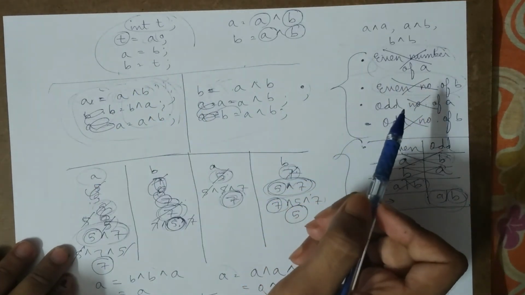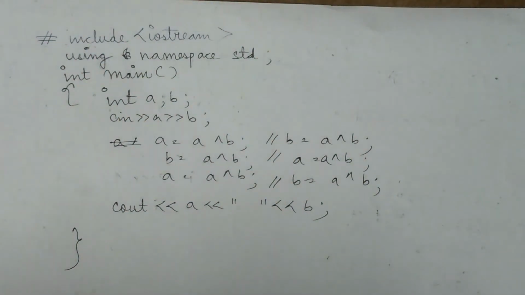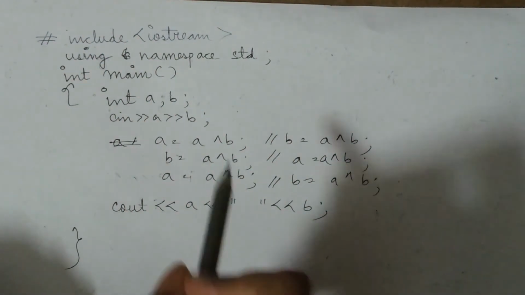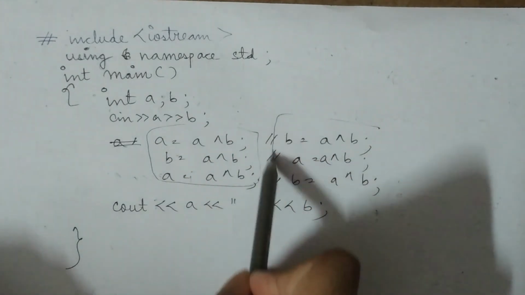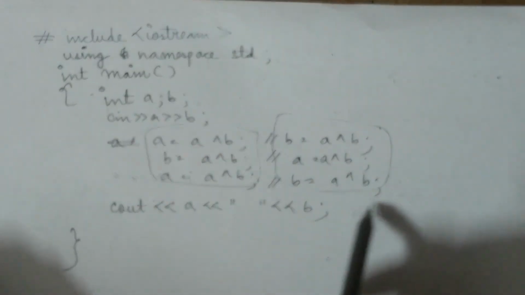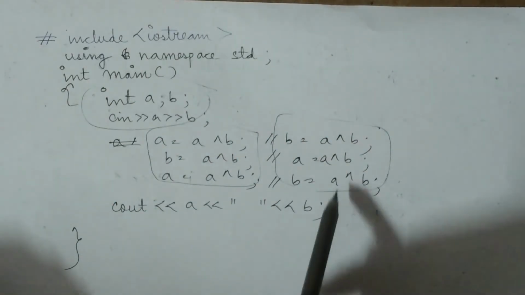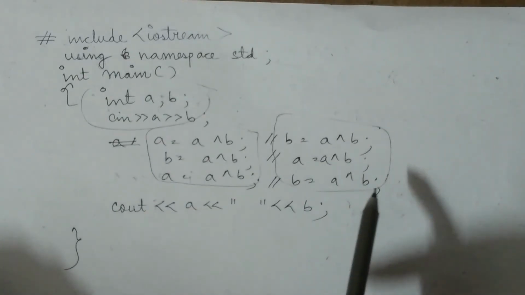Okay, so this was all about the video. So this is the final code for the program, where I have written the left part of the code on the left hand side and the right part of the code on the right hand side, and both the codes will work, and these are just commented out. And first we take the input of the variables and then swap the variables the way I had shown previously, and then we print them. And this is the final code.